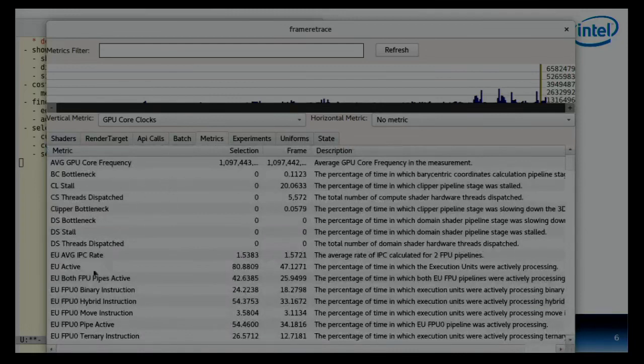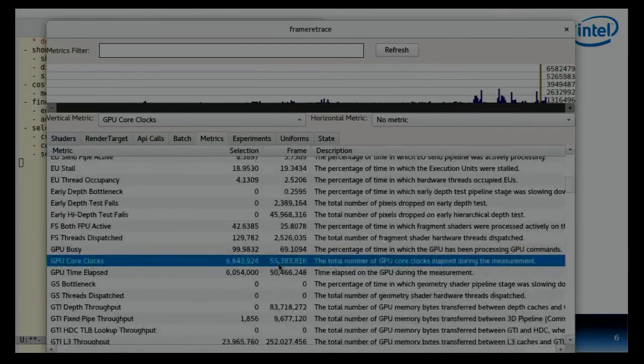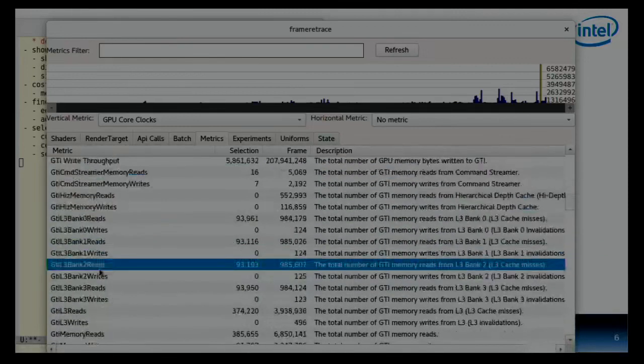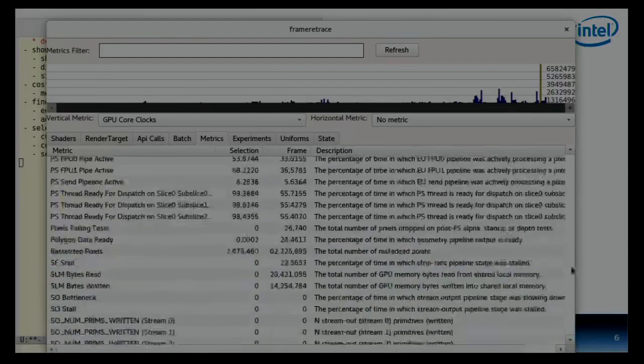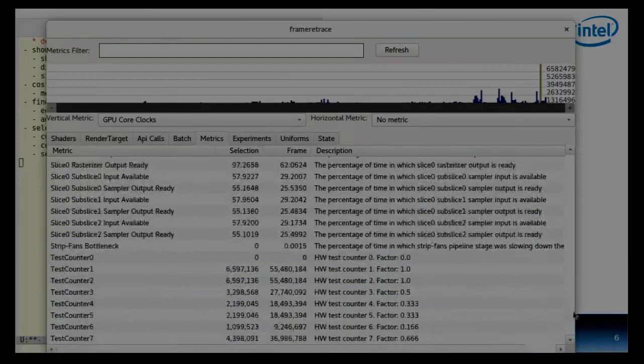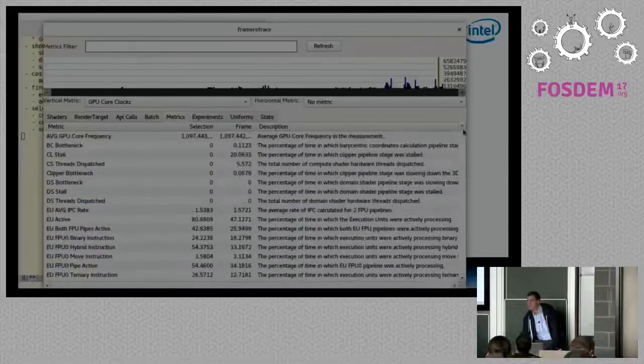So here are the clocks, and you can see that more than 10% of the entire frame is just for this one render. If you're curious about what a GTI L3 bank L2 read is, there's a longer description for that metric that will help you decipher what it means. But typically you can go through here and find an explanation for why this might be the bottleneck for your